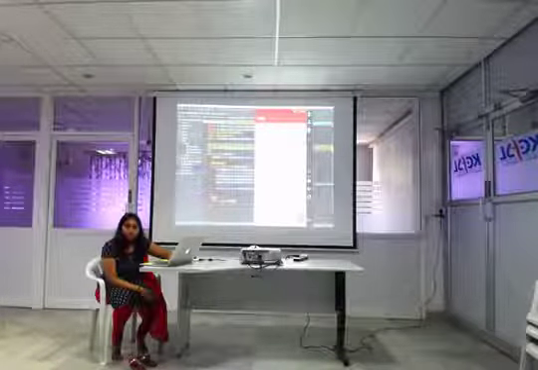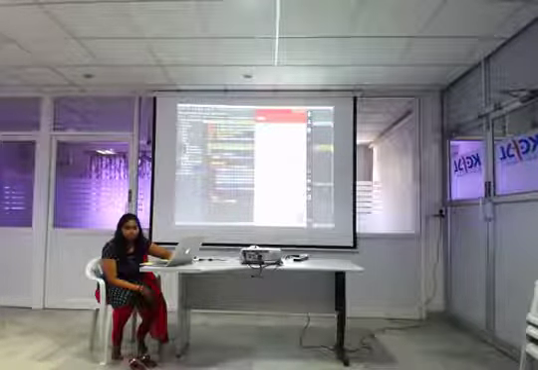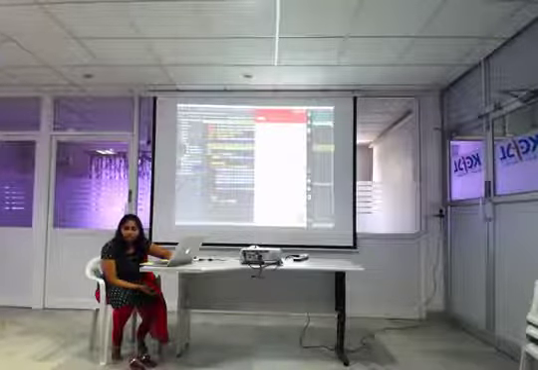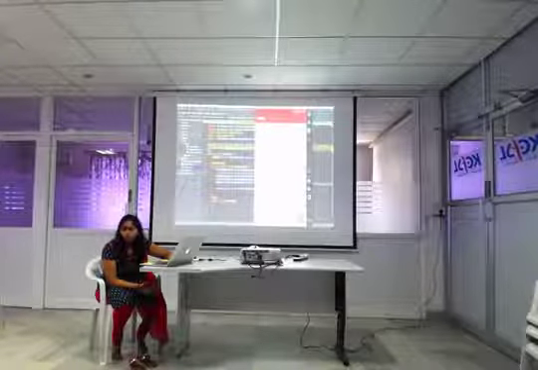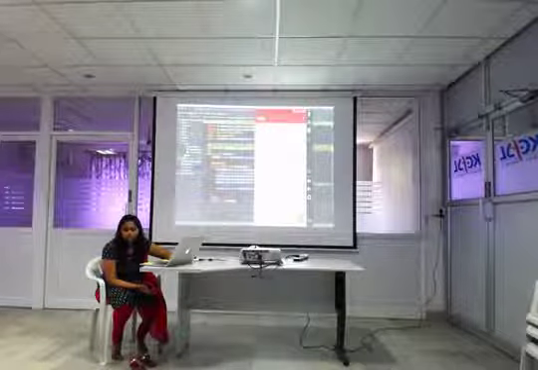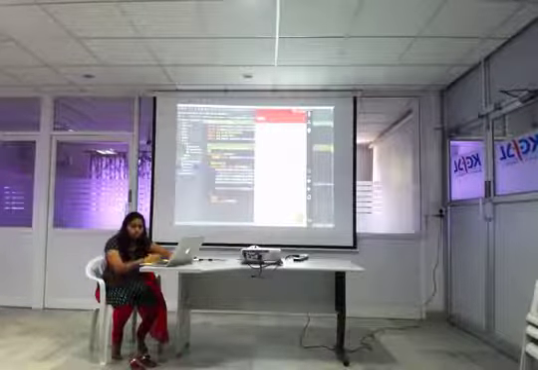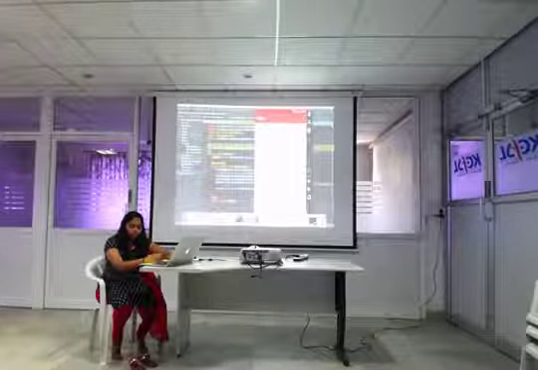In Selenium, you have something called Firepath, Firebug, so many things to identify your elements. So APM also provides something called APM Inspector.